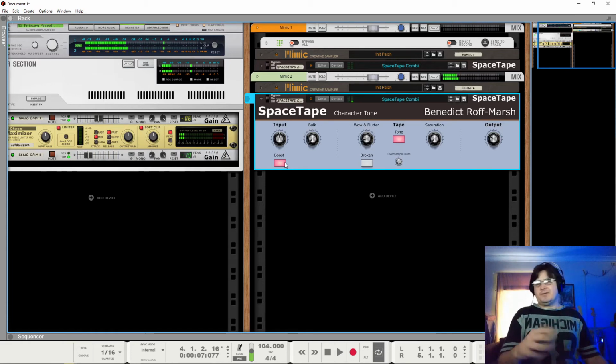See how that straight away pushes us into drive, because it's inputting a much higher level to this drive unit and to this drive unit. So just watch what you're putting in. If you're running too hot, pull it back. There's nothing at all to stop you from pulling it back